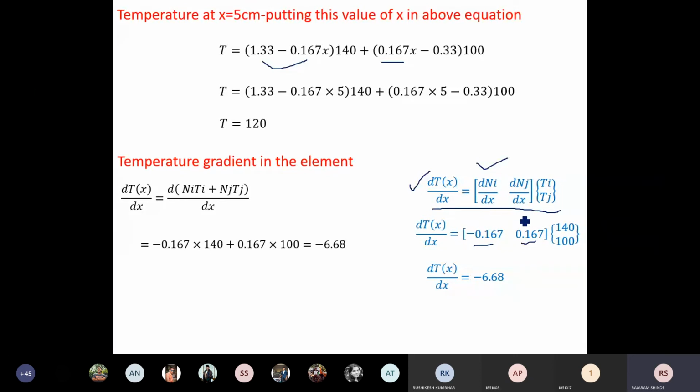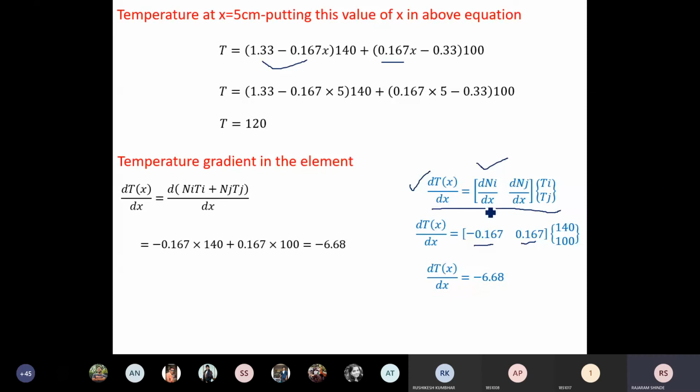Otherwise these equations are becoming very complicated, because here you have only two terms, but in case of two dimensional or three dimensional elements or higher order elements, there are a lot of terms. Handling more terms by using this type of equations is complicated as compared to handling with matrix. So make the practice of using matrix, for simple as well as for complicated problems.